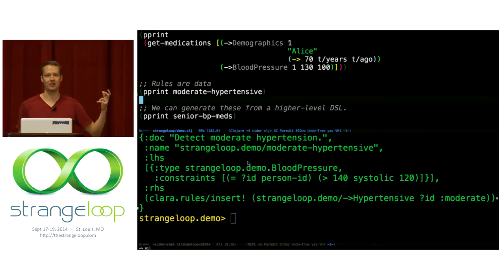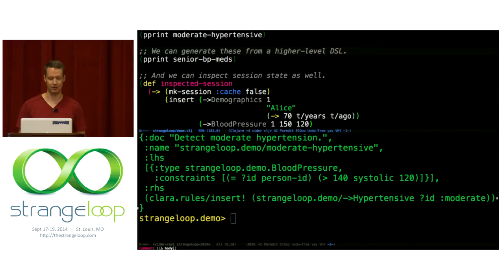This is a pattern I've seen a lot: people writing code that generates rules, produced from some higher level domain specific language. We can do the same thing here, except instead of just kicking out strings, we're emitting a data structure that defines those rules, which then get picked up by our rule engine.